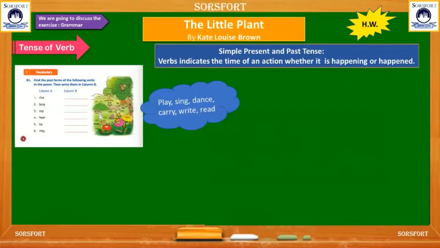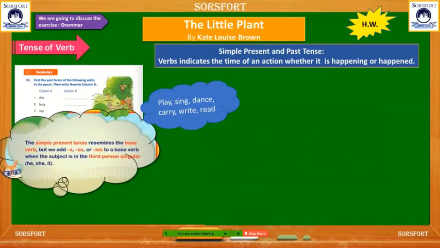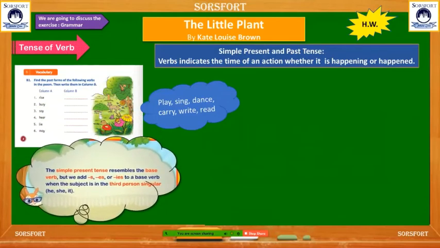In your exercise, you will see words like rise, say, hear, lie, meaning. You have to write down the past form of the words. It is already in the poem. The poet uses the past form. Here you can see the present form of the words. So you have to find out the past form of these words. Right, like rise will be rose. That's why we are studying verb.